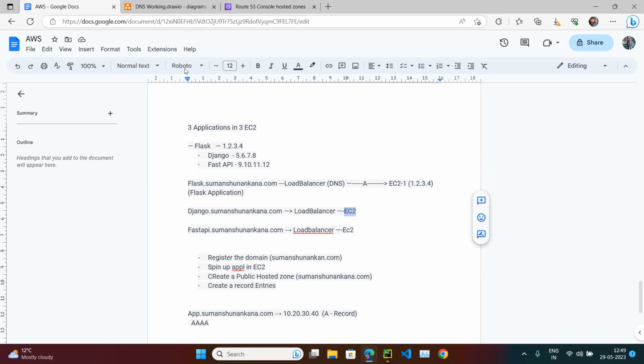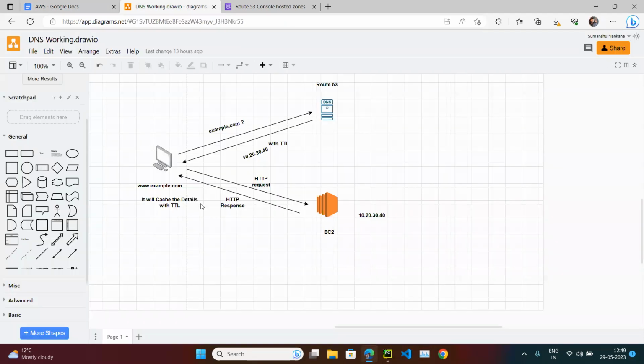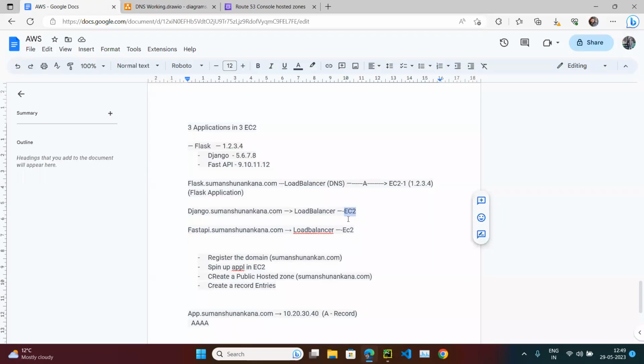But the IP address is going to change. So what I'm expecting is whenever I access flash.manchuranankana.com, I should see the application which is hosted on this EC2. But the time to live is 300 seconds, and there are still 2 minutes left. So even though I am accessing flash.manchuranankana.com and have pointed it to this EC2, but still